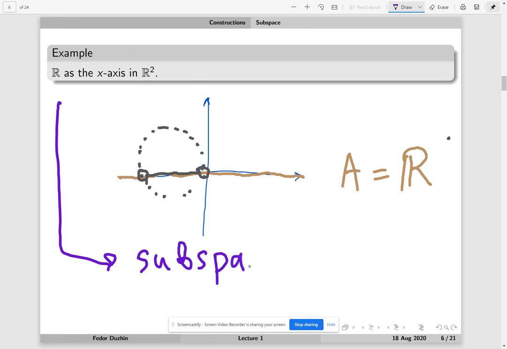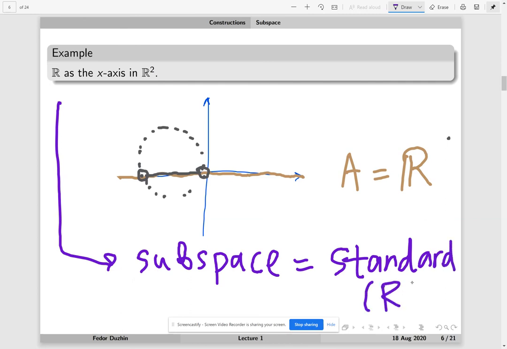That is familiar from real analysis. This is the standard topology that you know from real analysis 1. And sometimes the subspace topology is just familiar, whatever you're used to. Sometimes it's going to be a bit different, and you need to be careful about it. Okay, so this is the subspace